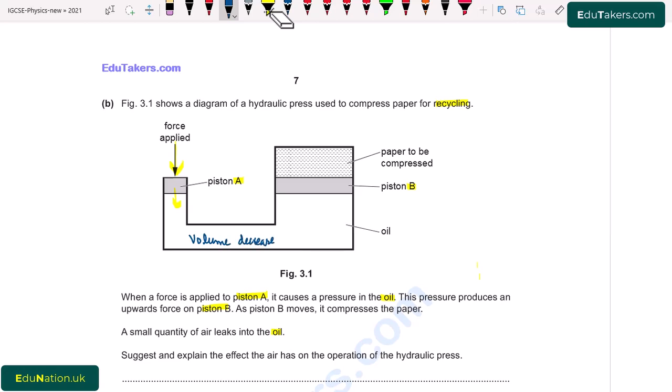Or we can simply say that the energy that is applied by applying the force has to do two works. First, there are molecules of gas inside this, and the energy that we supply here has to compress these molecules, that is air molecules, and also compress the paper. So all the energy that we supply is not used to compress the paper. Some of this energy is used to compress the air molecules and some is used to compress the paper. That's why I write here, paper is not compressed.